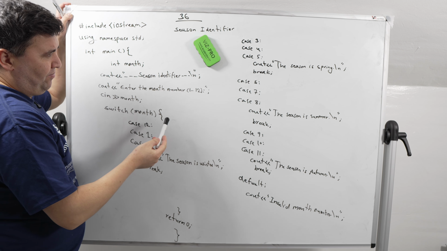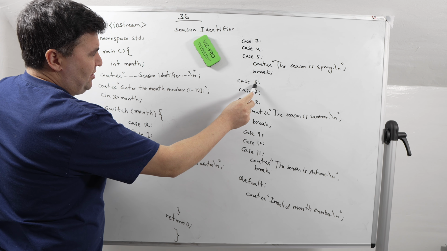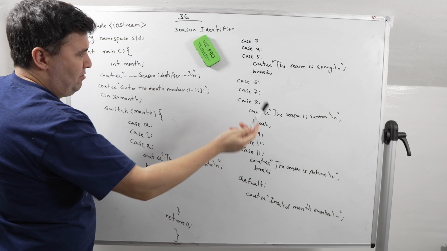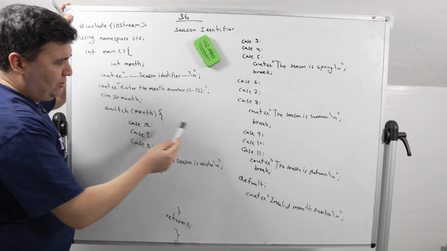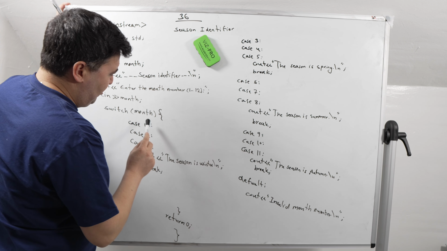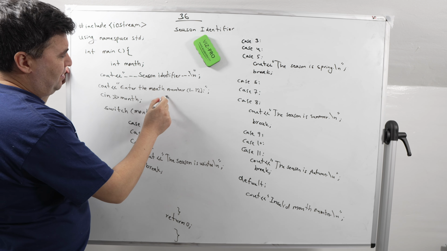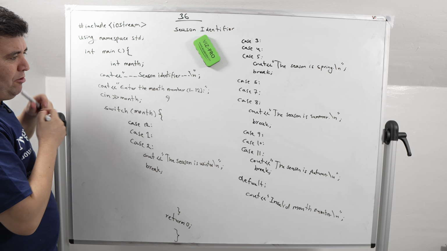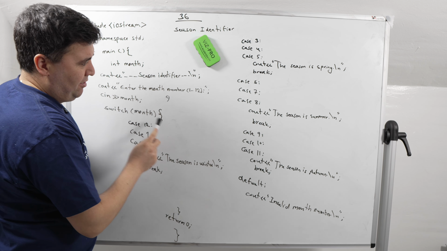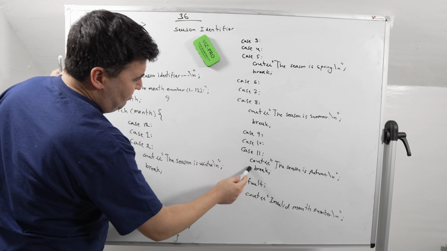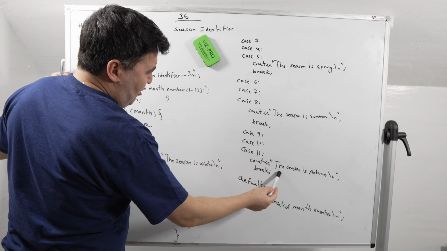And then we check the value of the month variable, which is 9. 9 is equal to 6? No. 9 is equal to 7? No. 9 is equal to 8? No. So this section will not be executed. And now it goes to another case, where 9 becomes equal to 9, because the user input the number 9 from the keyboard. So the value of variable month is 9. 9 is equal to 9. So now this part of the switch statement will be executed, and the program outputs the season is